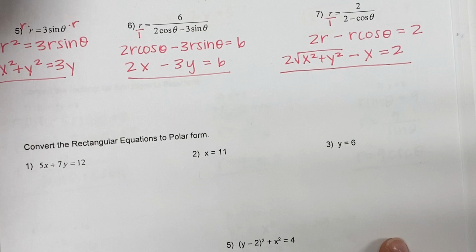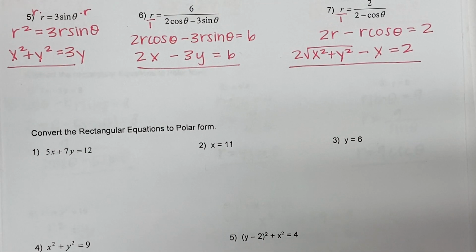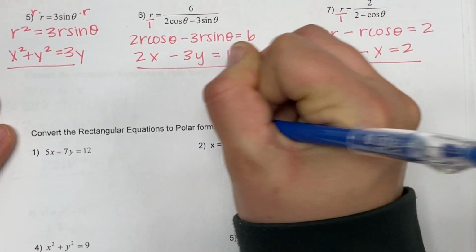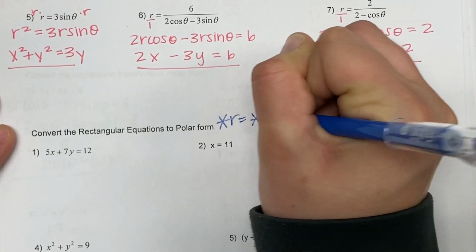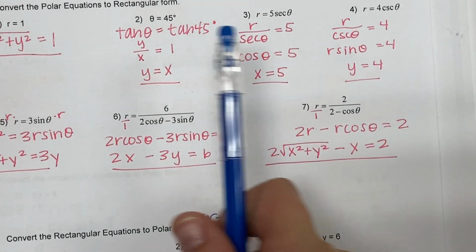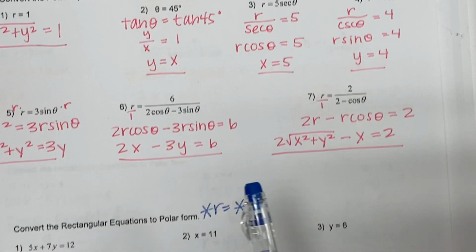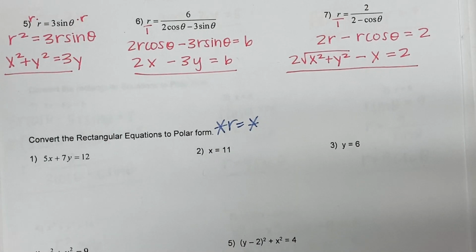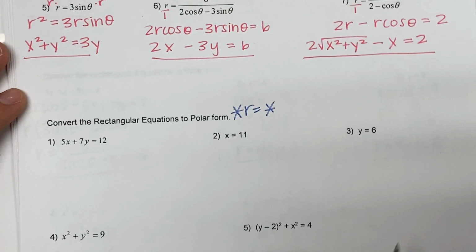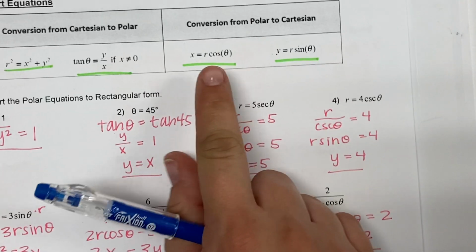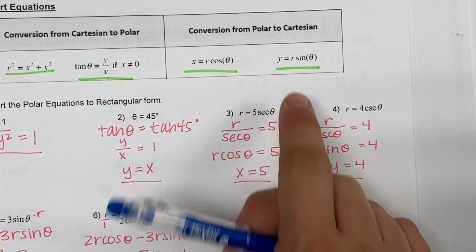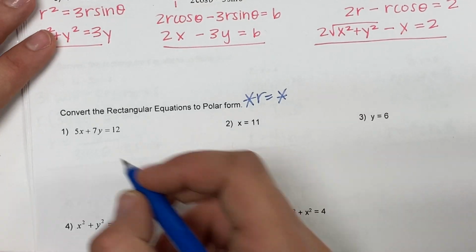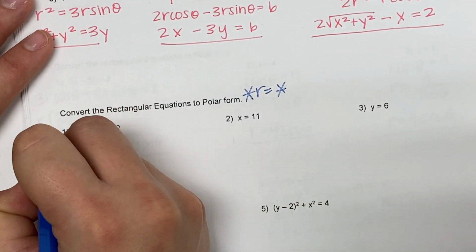Now this time there is a specific notation. You have got to get it into r equals. Up here we were able to leave it however we wanted, but for polar it has to say r equals something. So number 1, we need to change x and y using r cosine theta and r sine theta. So we'll have 5,